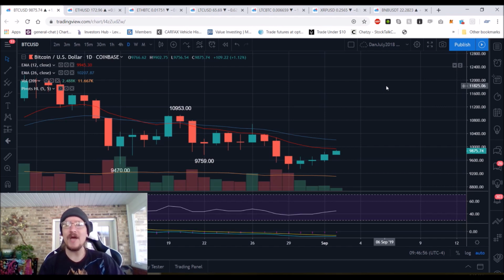So we will keep tracking this day by day, and I'm going to start placing some bid orders, and then once my first bid gets filled, I will start placing some stop orders, because I certainly wouldn't want to be in any bullish positions if 9,000 does indeed break, keeping in mind that there's probably going to be a lot of people using that $9,000 level as a stop loss level. So just be aware that we could see a bit of a waterfall effect of a short-term flush if that